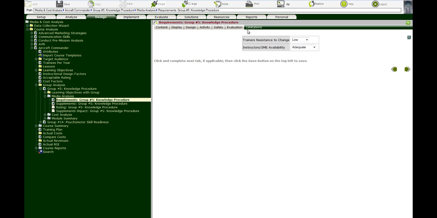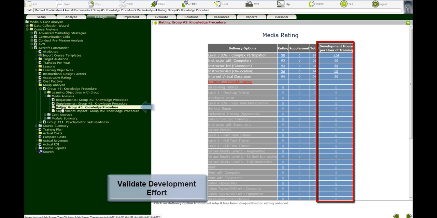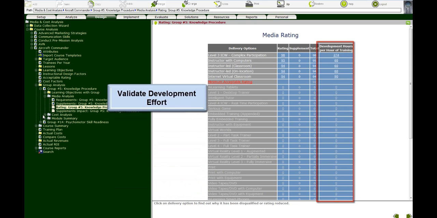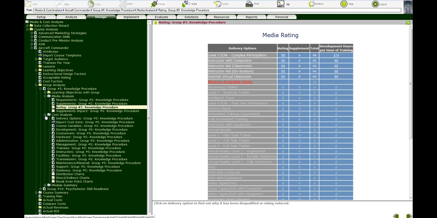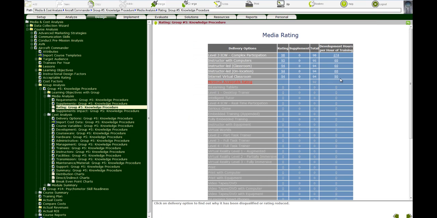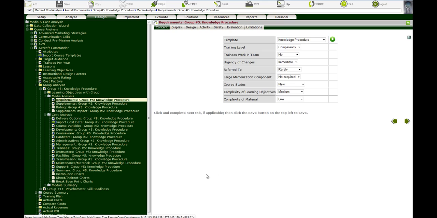Once relevant attributes have been specified, click on the Rating tab for an estimate of development hours per hour of training for each media. The estimates are based on industry averages, which you may override under the Development node under the Cost Analysis folder. Once again, the reasons behind the development time estimate can be viewed by clicking on the Development hours. To modify a requirement, click on its title to automatically advance to the input screen, make necessary changes,